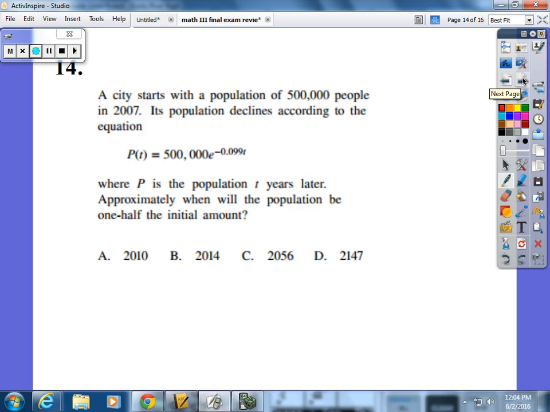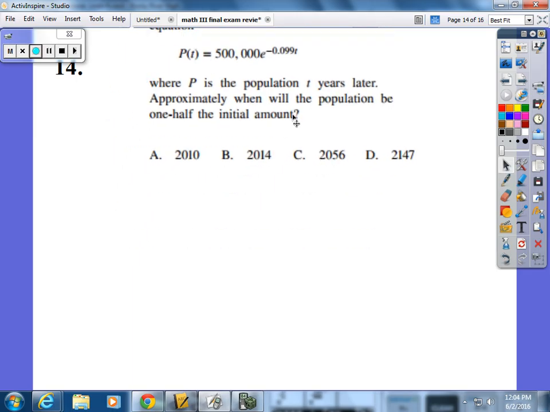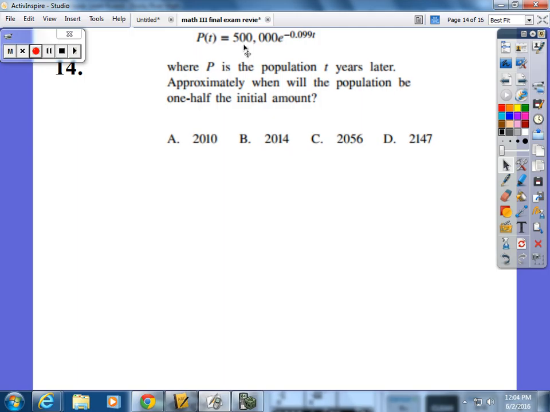A city starts with a population of 500,000 people. Its population declines according to this equation. Approximately when will the population be half? Okay, so the population at half, if this is the whole population, half would be 0.5. So 0.5 equals, and I don't need this now because I divided already. This would be 250. If I divide by 500,000, this is 1/2, so 0.5 equals e to the negative